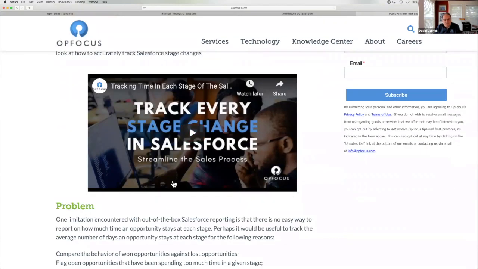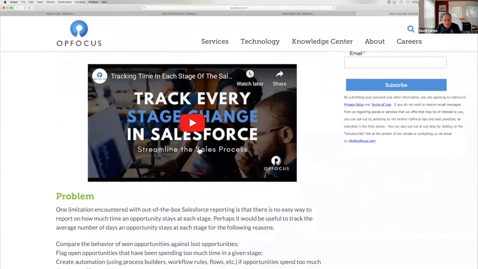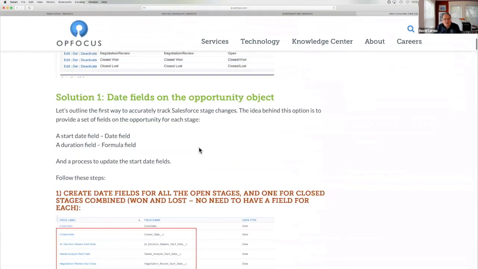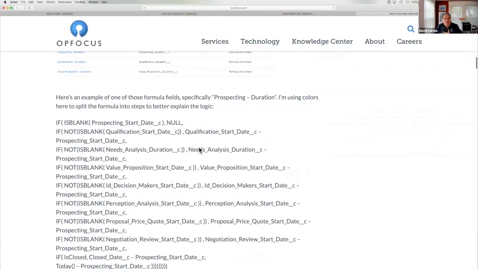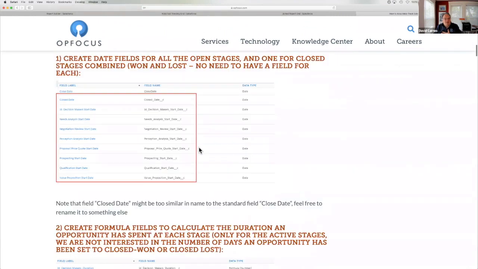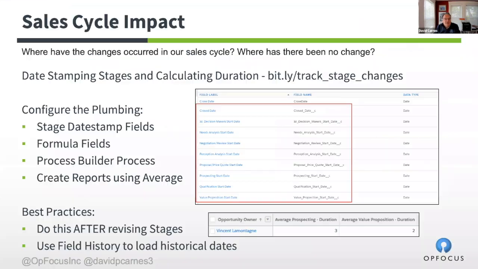And the article has a 24-minute video explaining how to do it. It talks about the problem, talks about the solution, and it actually offers a second solution as well for how to go put this together. So this is on the OpFocus website. I don't want to spend a ton of time on it because it's a lot of plumbing, but essentially